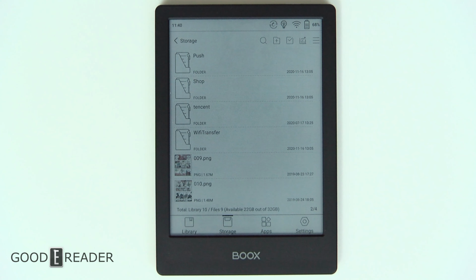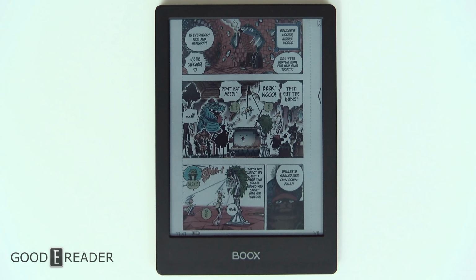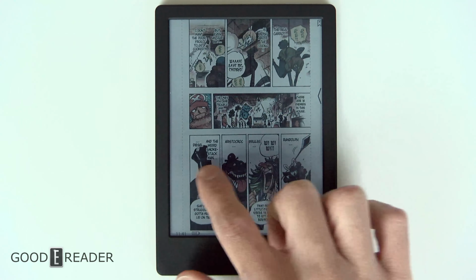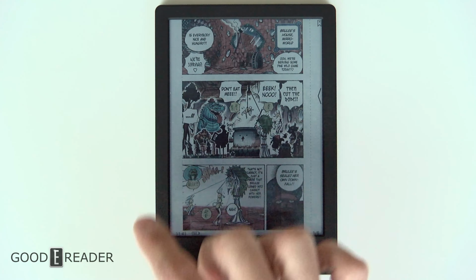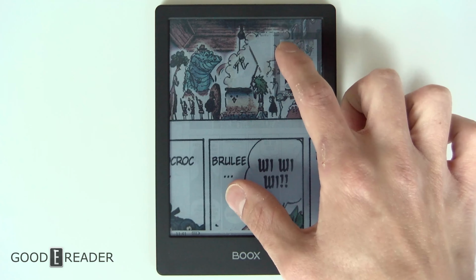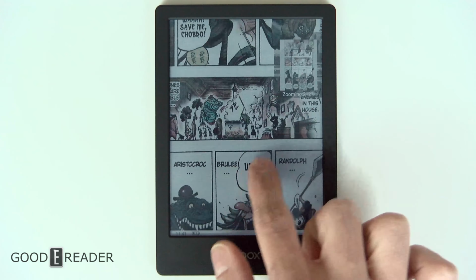This device isn't just restricted to finding a manga app. If you have CBR, CBZ, PDF, even PNG files in the form of a manga page by page, you can simply just go to your storage, click on the manga, and start reading immediately. This has the full ability to run things that are located in the root of your device or any sort of folder or file folder, and you can pinch and zoom and you get a little mini map,